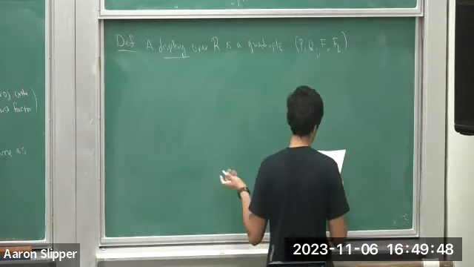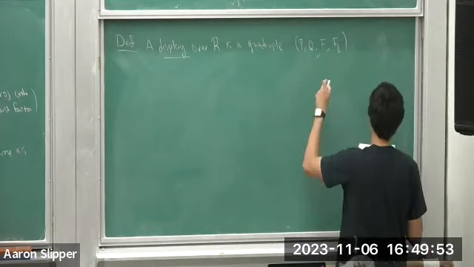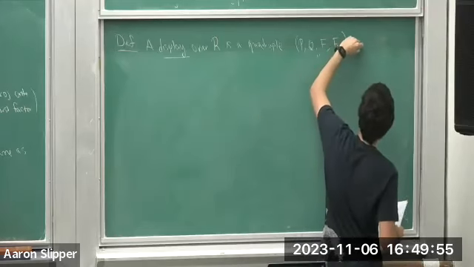So the formal way to say what the properties are would be just to say where